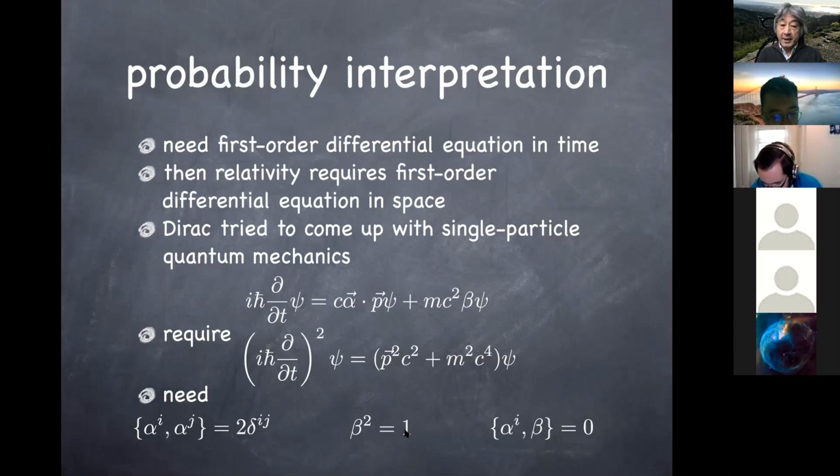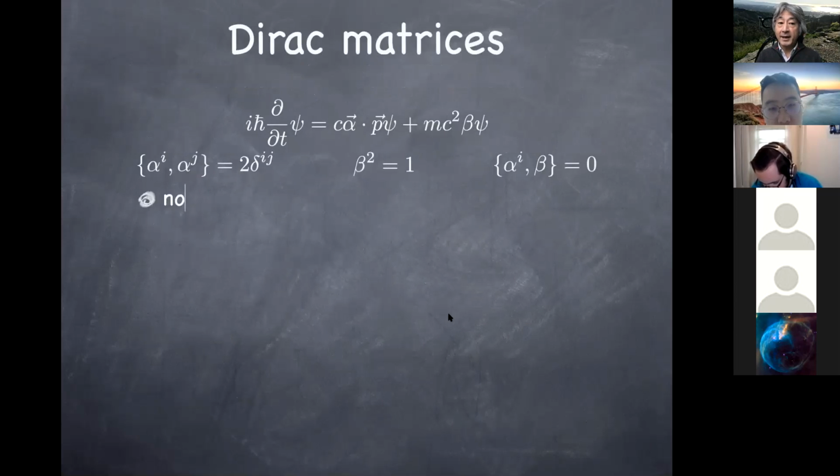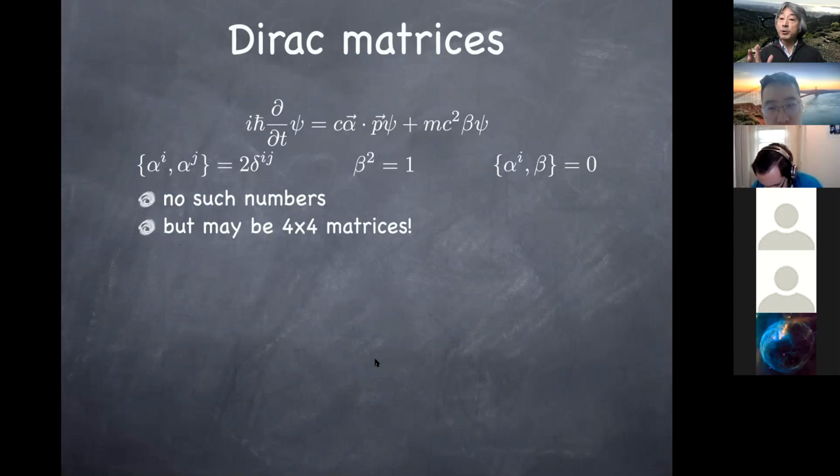And obviously, numbers do not satisfy these relationships. Numbers do not anti-commute like this. So it turns out that they have to be matrices, and the smallest matrices that satisfy these requirements turn out to be 4x4 matrices. And no bigger matrices will give you other solutions either. They are all unitarily equivalent to each other. So plain numbers don't satisfy them, but the 4x4 matrices do, which turn out to be the most general solutions up to unitary transformations.